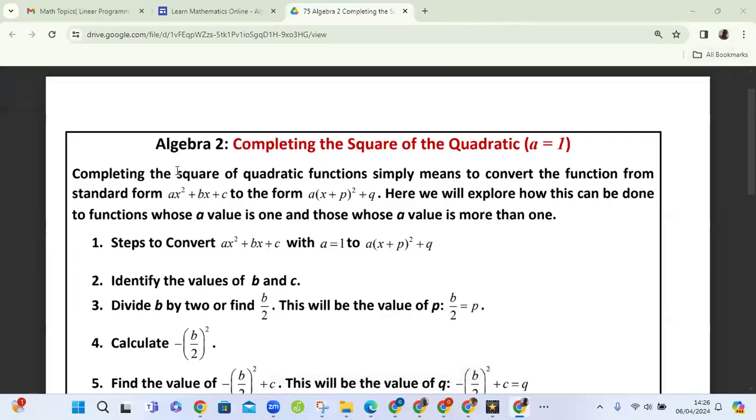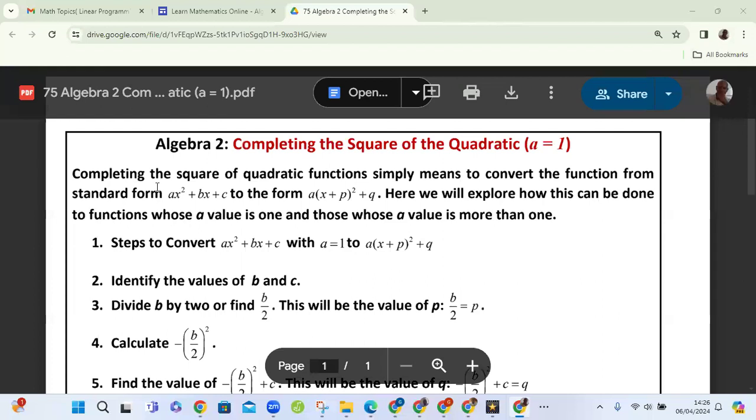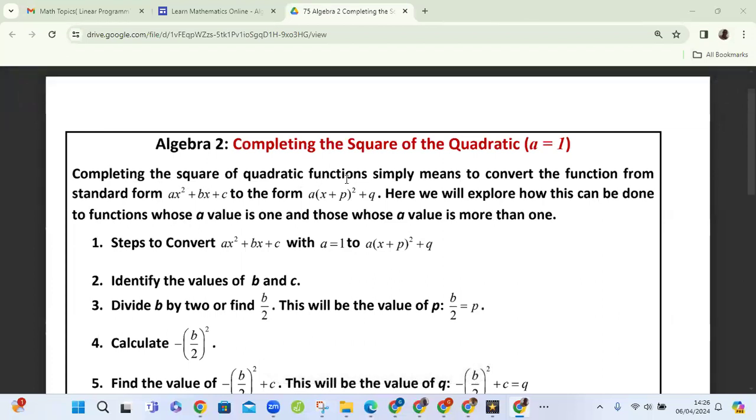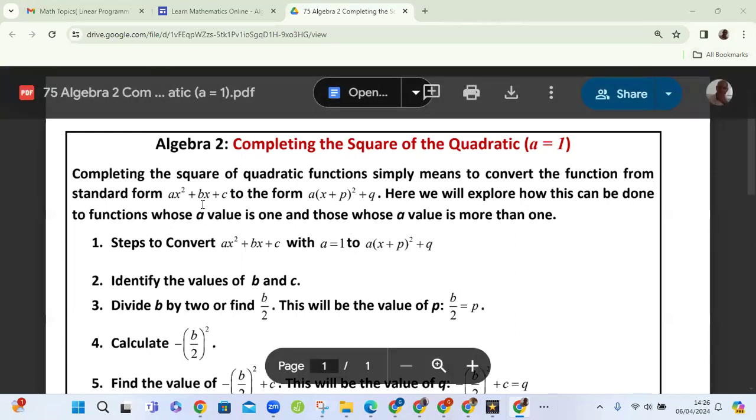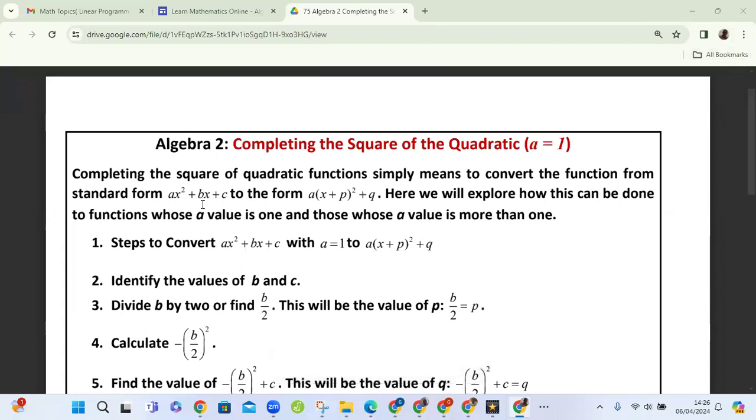Here we're going to discuss algebra 2, completing the square of the quadratic when a is equal to 1. Completing the square of a quadratic function simply means to convert the function from standard form ax squared plus bx plus c to the form a outside of x plus p all squared plus q. So you have to do something to the quadratic and transform it from ax squared plus bx plus c, and